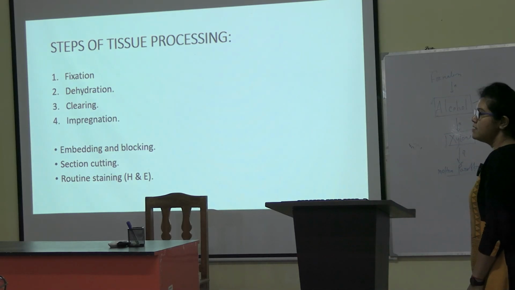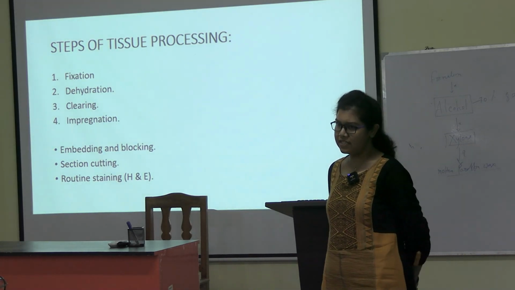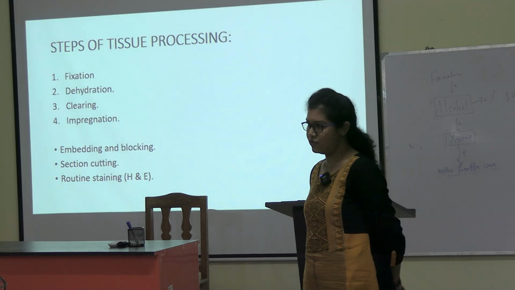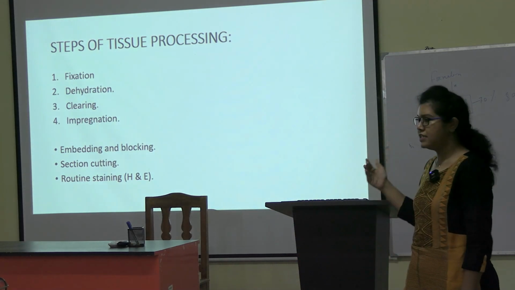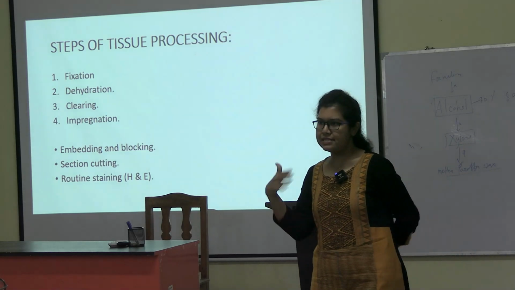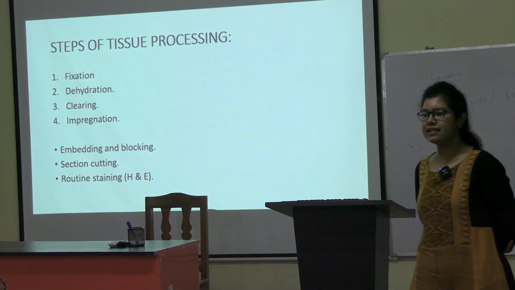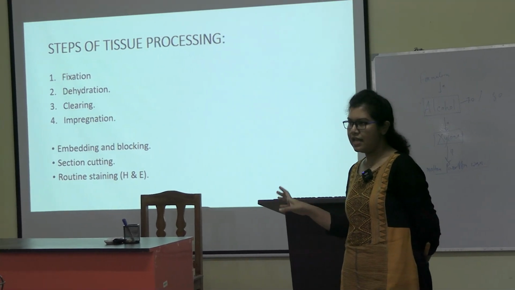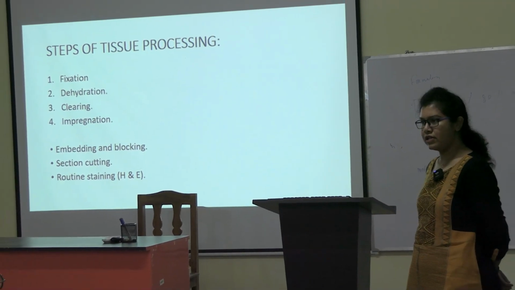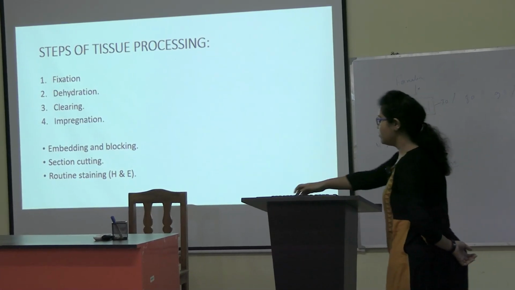Okay, so the first process in tissue processing is fixation. We have to fix that tissue first. Then we have to dehydrate it. This is a long procedure. It's an overnight procedure, okay? So fixation, dehydration, clearing, impregnation are the basic 4 steps of tissue processing. After that comes embedding and blocking, section cutting, and then it comes under staining. So fixation,